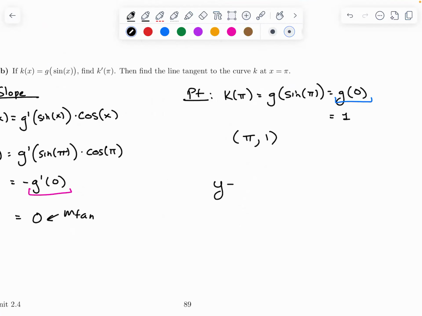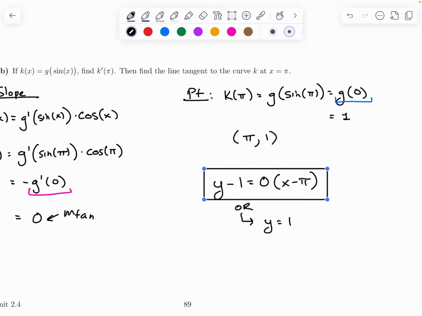y minus y sub 1, so y minus 1 is equal to m, which is 0, times x minus pi. And this is the one time where I'll accept converting it immediately to point slope or slope-intercept form, or y equals 1. Either one is acceptable because when you multiply by the 0, everything goes away. Either one of these is a good option. And that is example